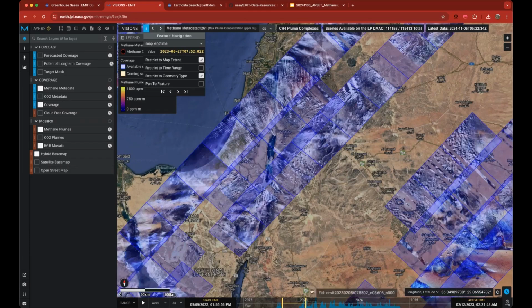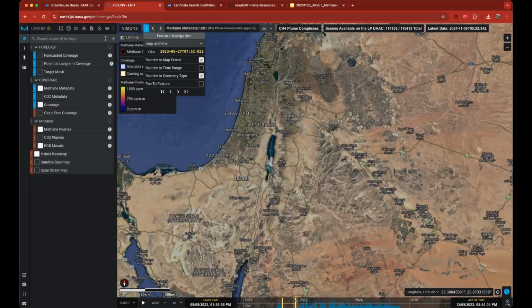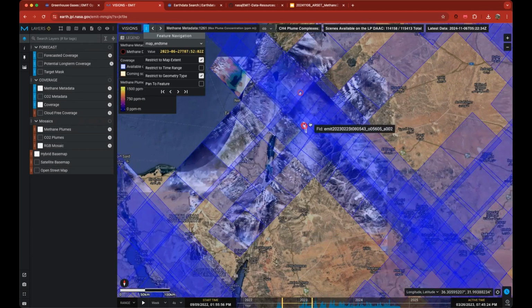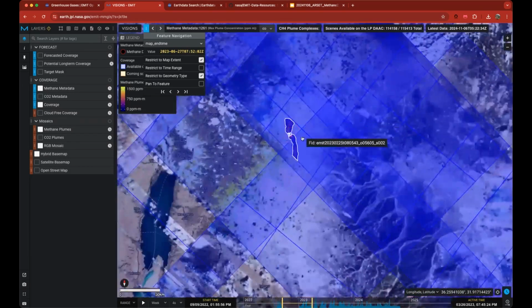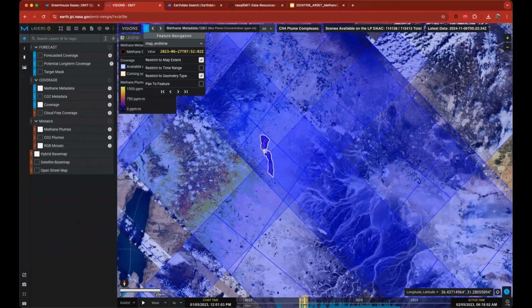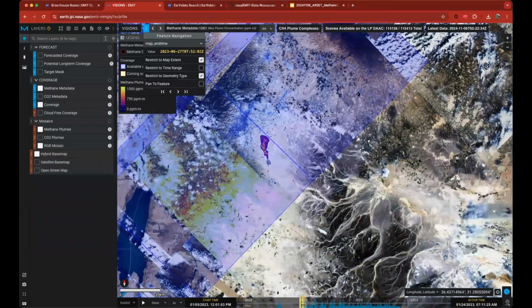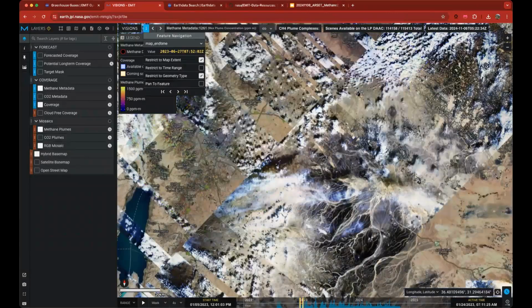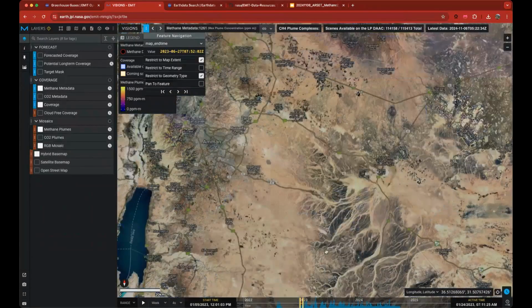So that's the type of thing that I can figure out. Okay, there were no acquisitions during this time. That explains why I wasn't seeing any methane metadata showing up. But I can also get some insight into things where maybe there were data collected, but they weren't relevant. So if I look at an interval, say this time period, if I zoom in, there were acquisitions that occurred